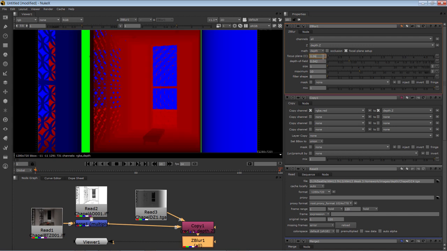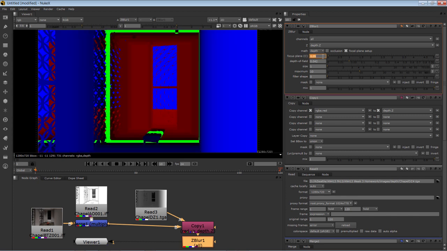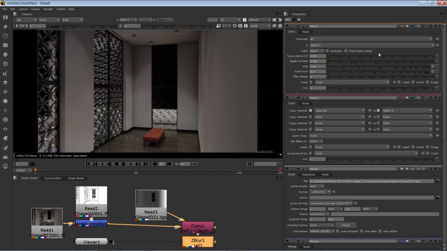There it is. As I get way down here to, here's 0.05 for example, my focal plane sits right on the ottoman. Now when I crank up the size and pull down the maximum, I can put that depth of field where I want it. I'll turn off focal plane setup, and there's a rich subtle depth of field,